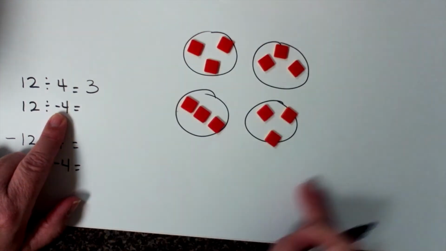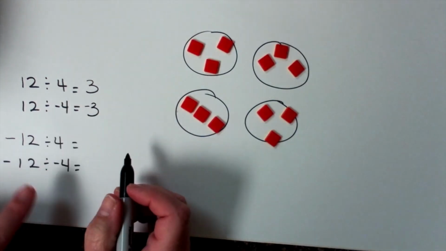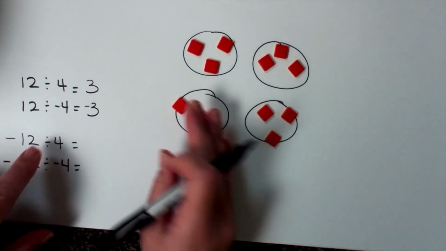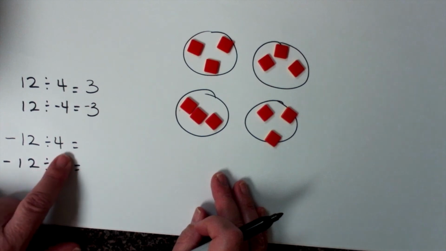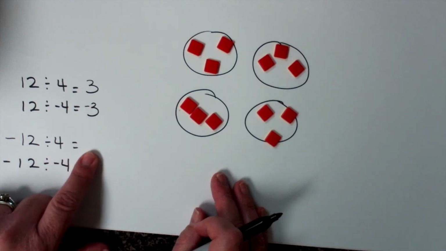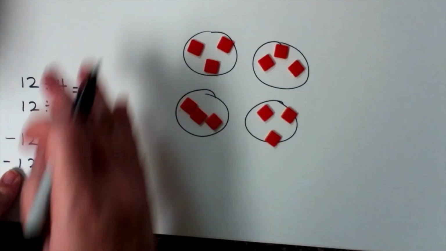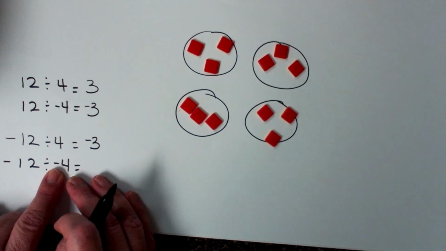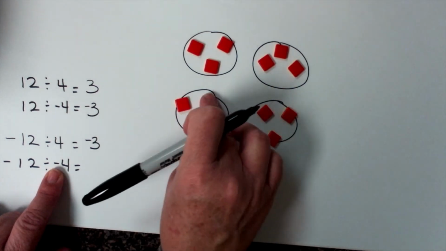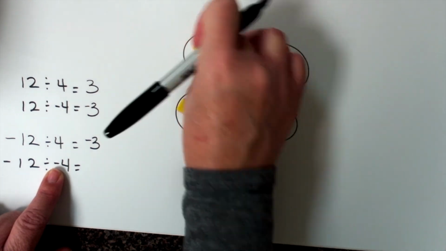So in this case, this is -3. Now, I have -12, which is what I have here now, and I'm going to divide it into 4 groups, which is what? -3 again. In this case, we're looking at -12, and I want the opposite of my groups. So now, the opposite of 4 groups would be